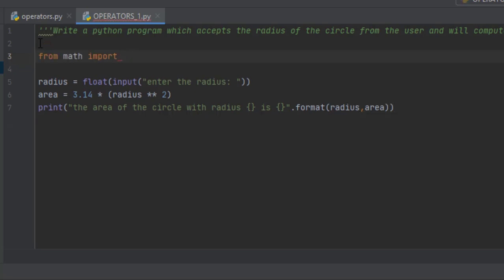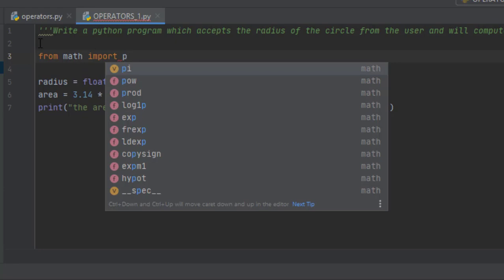For example, I can tell you like this: import math. If I type p, what are all the values coming with p? Pi, pi, power, product, log1p, exponential and all these things.